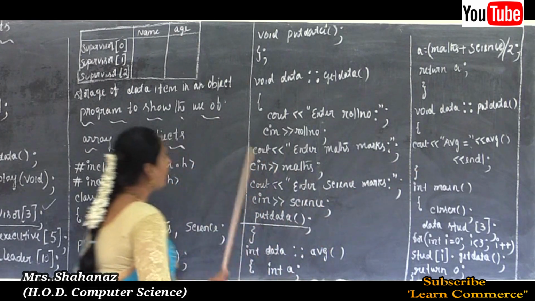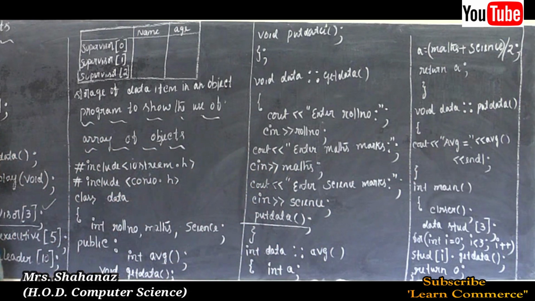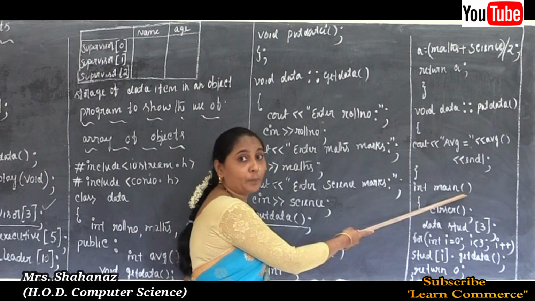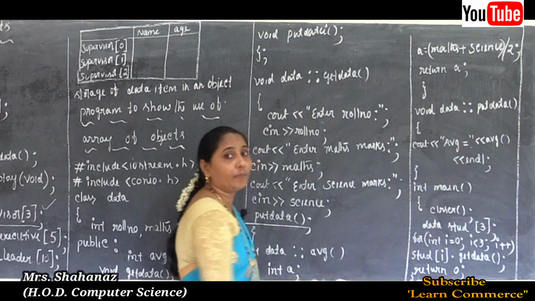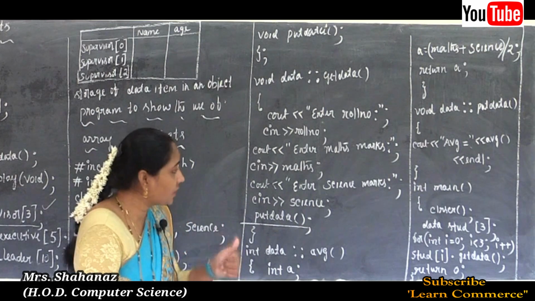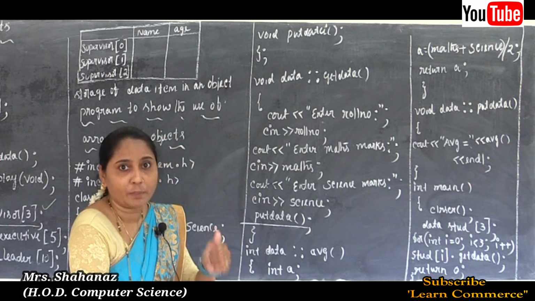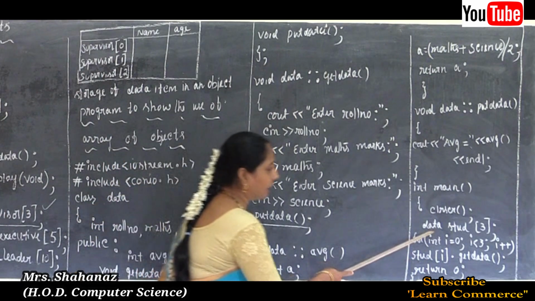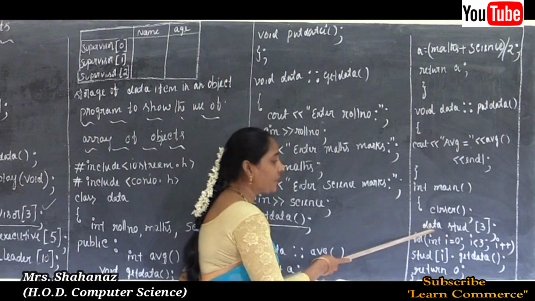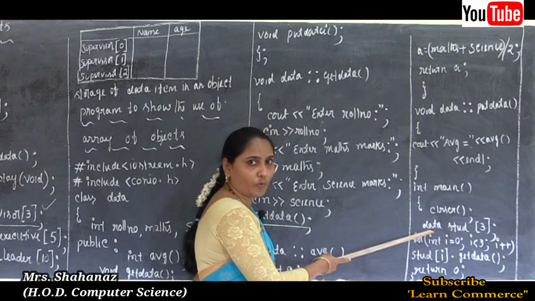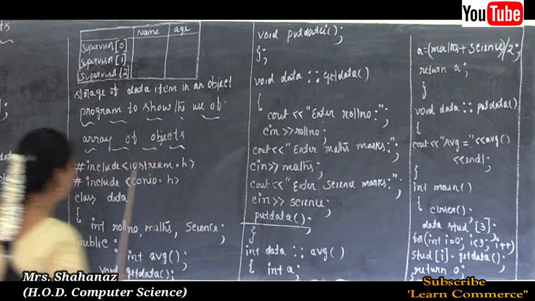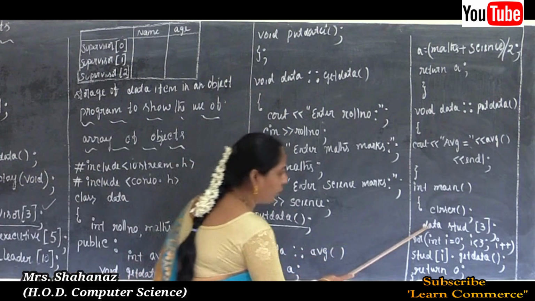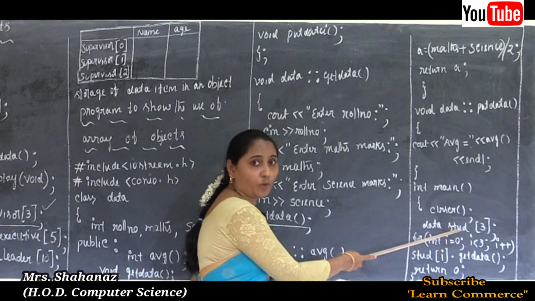Clear this point here? So such flower bracket is going to close, and later next, this is called the main function, main program. Okay, the main function. And why are we using the main function? First thing, to declare the object, but it is the concept of array of objects here. So I declared the array of object. That means how to declare the array of object? By using the class name. The class name is data here. So by using the class name, okay, I declared the array of object here.